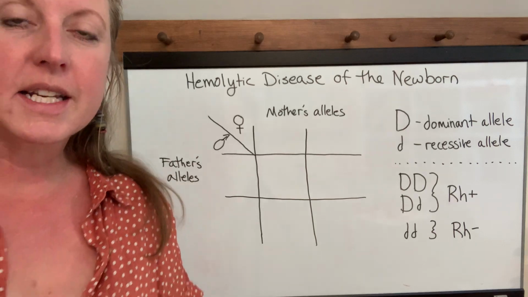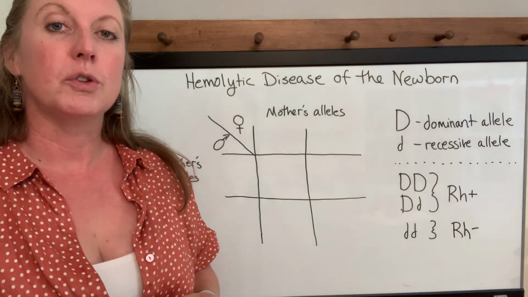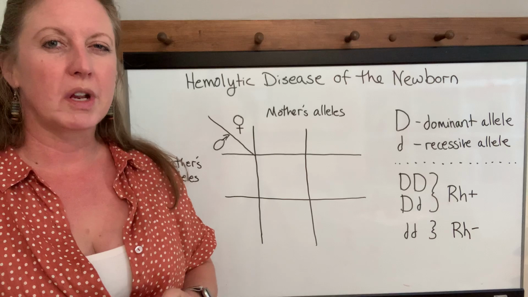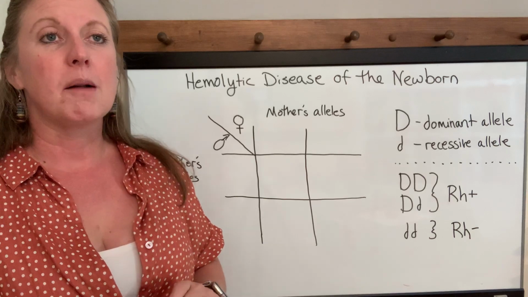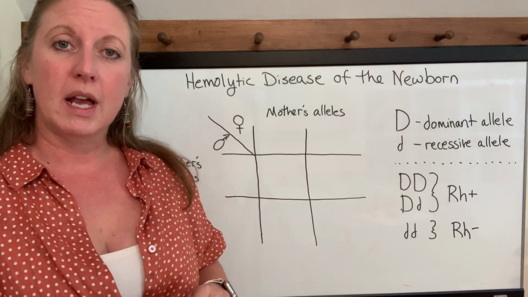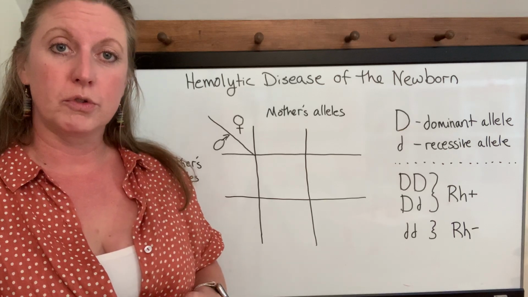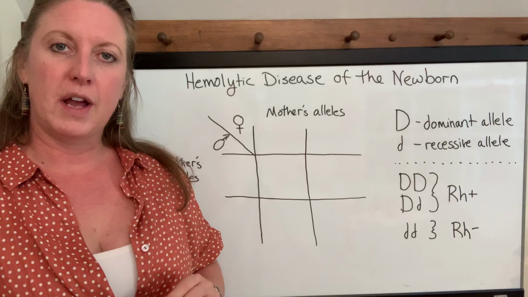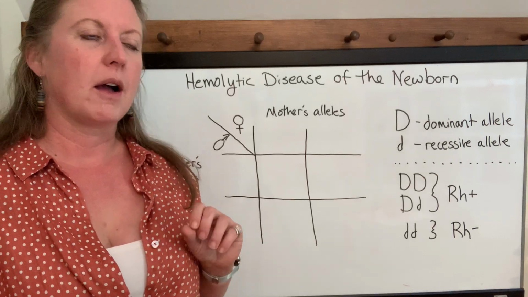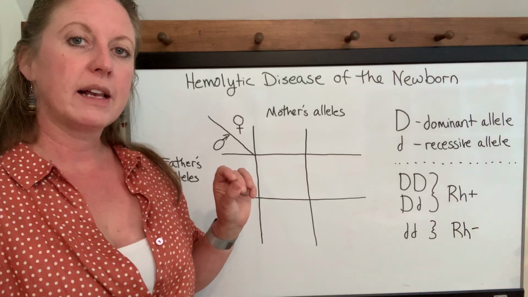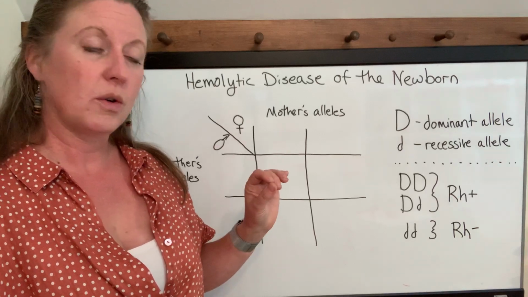Hi, let's take a look at hemolytic disease of the newborn, which is like a transfusion reaction that occurs naturally unless we do something to stop it. But instead of it being a transfusion reaction based on the ABO blood group, it's based on the Rh factor, or the D antigen. To understand this, first we have to look a little bit at how the genetics work